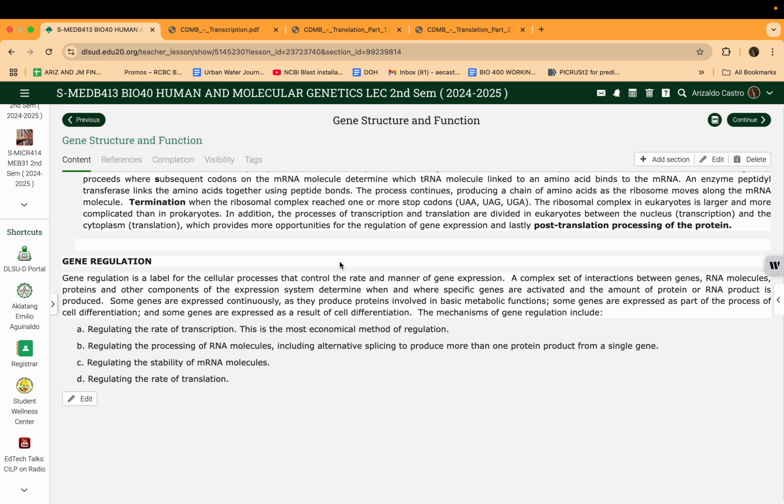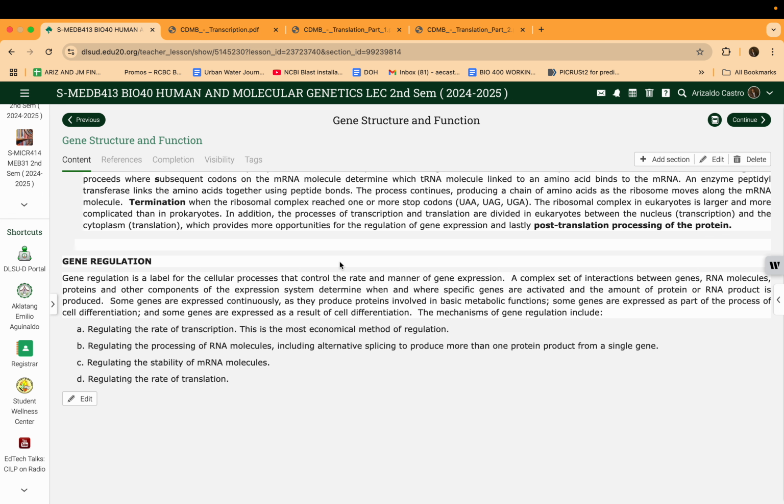Some mechanisms regulate the rate of transcription, like how fast or slow it should be, depending on feedback loops, which are usually dictated by the concentration of the product and the need for the product at the moment. Another is mechanisms that regulate processing of RNA molecules, such as alternative splicing,